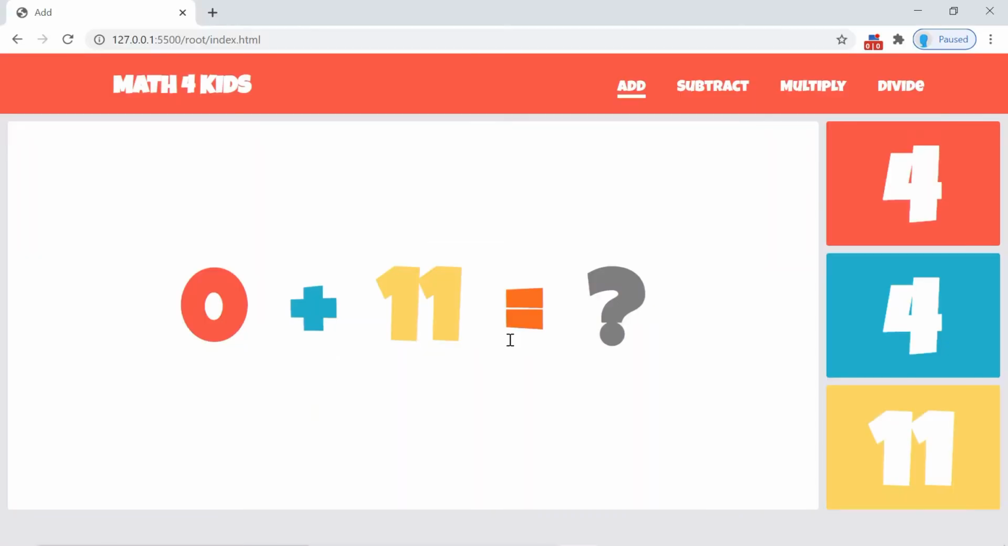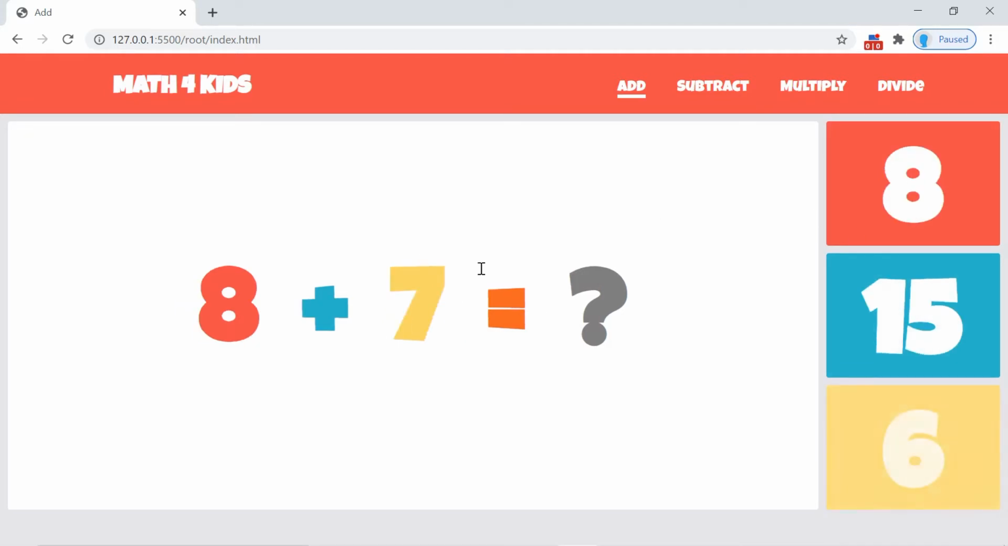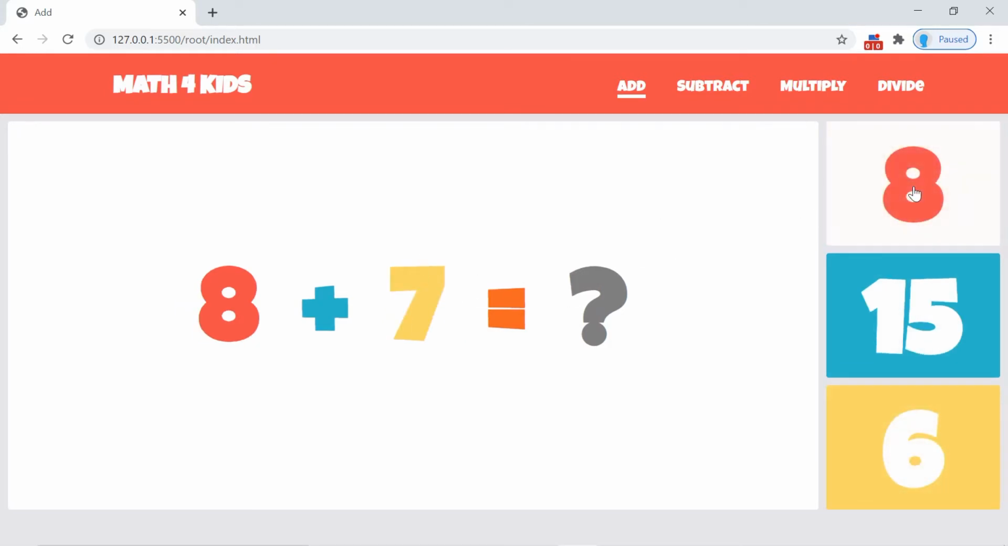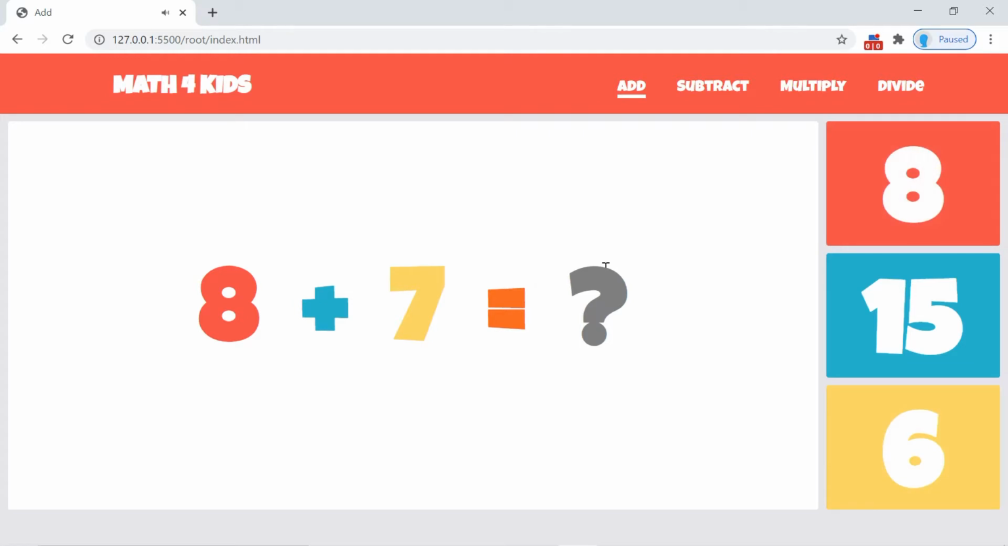Hey, what's up guys? In this video, we're going to teach you how to create this Math for Kids application. This is the equation, and these are the three different answer options. If you click on the correct answer, it generates a new equation. But if you click on the wrong one, it makes a sound basically telling you that you got the wrong